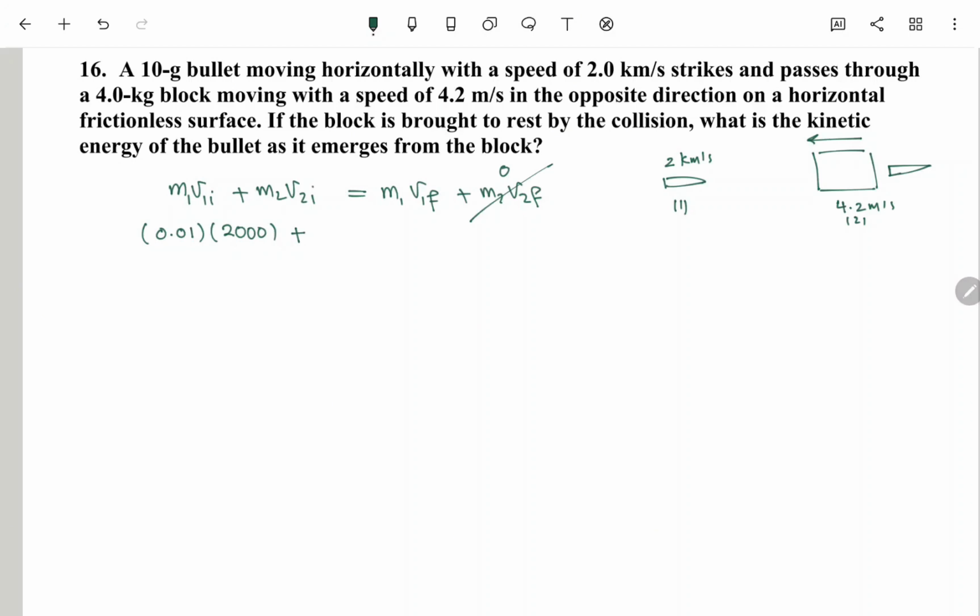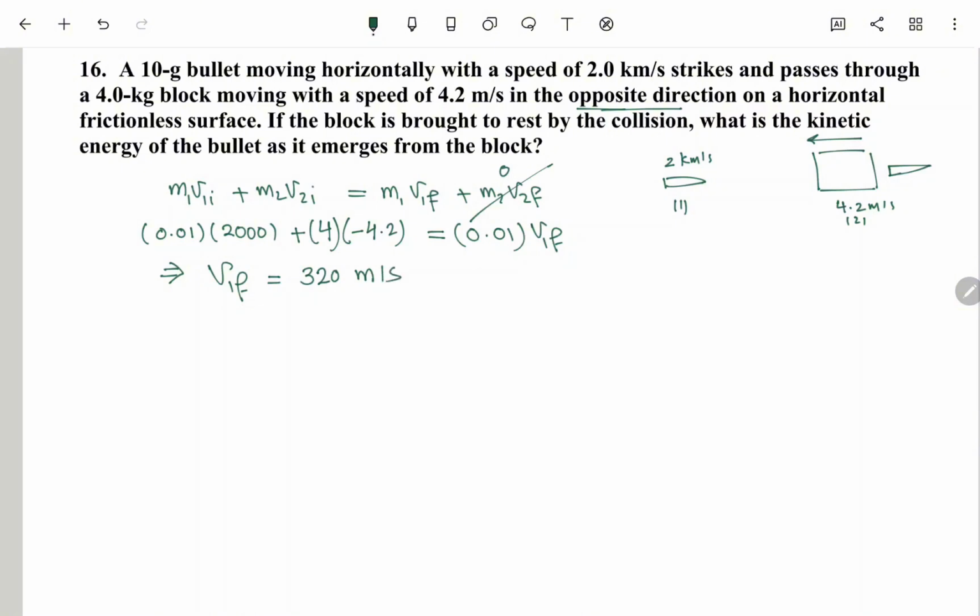plus m2, it's 4, and v2 initial it's 4.2, but it's moving in the opposite direction, so it has to be minus 4.2 meters per second. This equals 0.01, the mass of the bullet, times v1 final, and from this one here, v1 final will be equal to 320